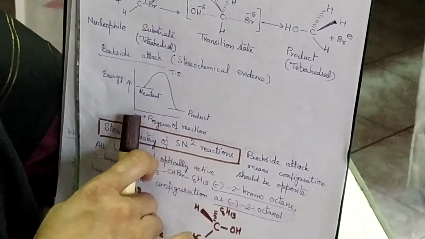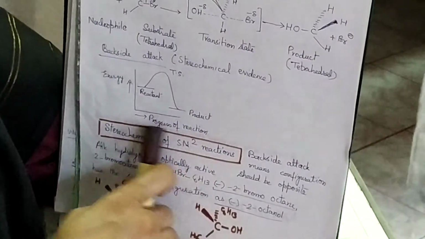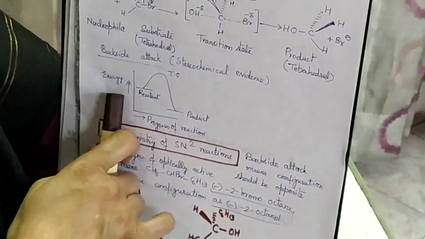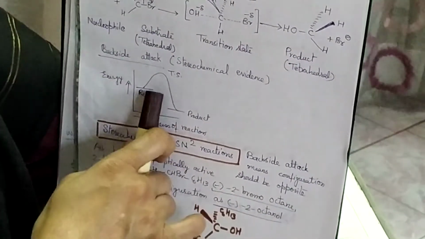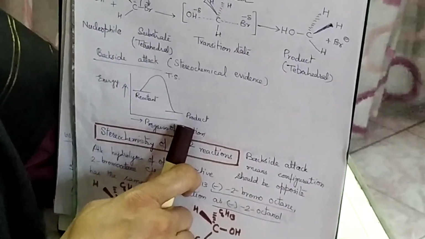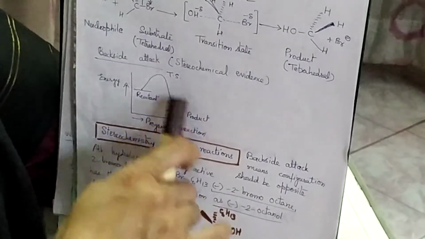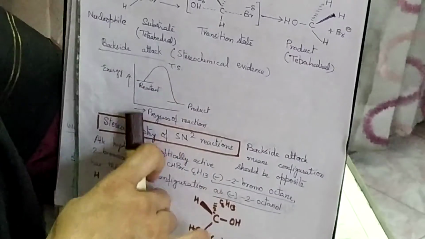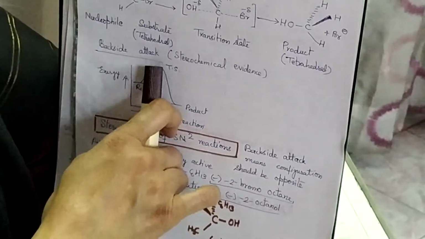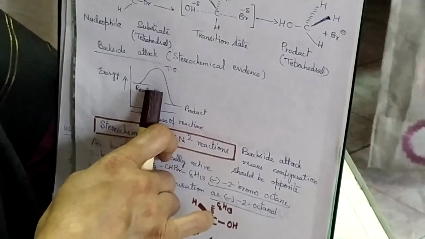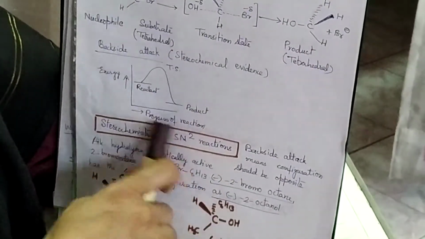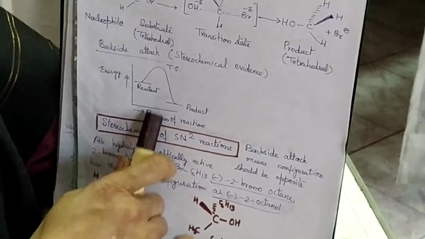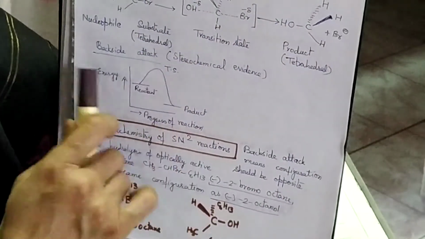resulting in the formation of the product here. As regards the energy diagram of this reaction, look at it carefully. It shows the progress of reaction versus energy, with reactants at this level and products at this level, and they undergo this transition via this transition state, which corresponds to the peak of the activation energy barrier, and this is the activation energy, that is the difference in energy between the reactant and the transition state. Now I hope that the whole mechanism of this reaction is clear to you.